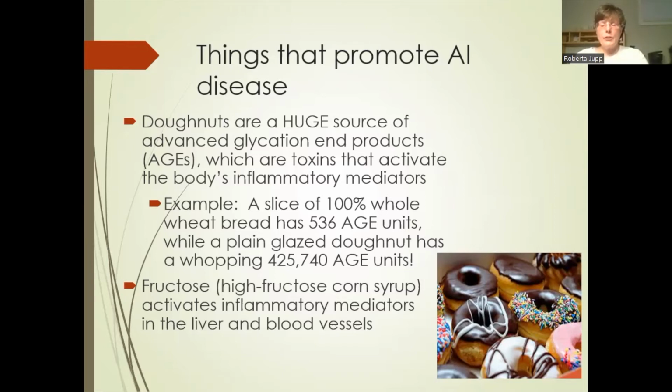If we have table sugar, it's about 50% fructose and 50% glucose. So it's a little bit better. But if we have a lot of fructose in our diet, this not only builds up in the liver, but it causes